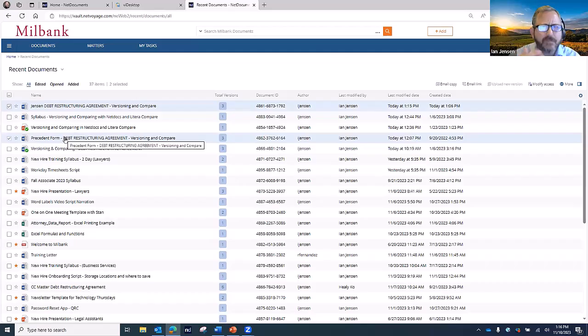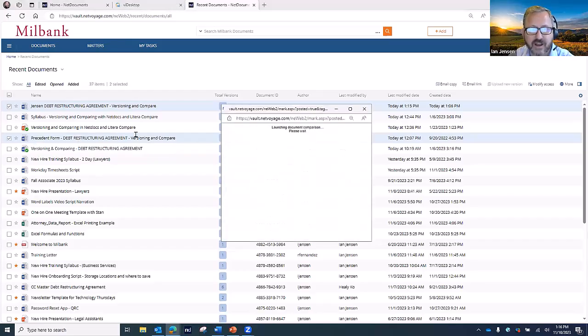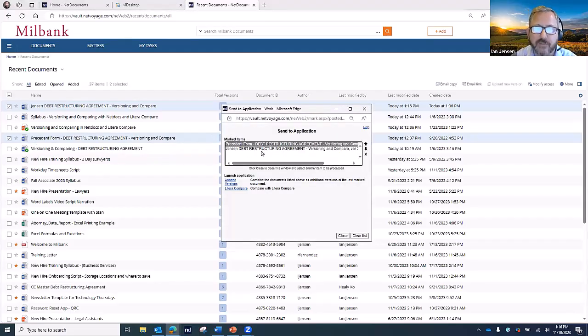Sometimes people will save different versions under different document numbers. It's not the best, but it happens, so you could do that. And then you could press F9 on your keyboard and it will start up the comparison tool. So I'm going to hit F9 and here we go. I've got both of these documents here, and then I can click Litera Compare, which is the tool we use to compare, and it will run the